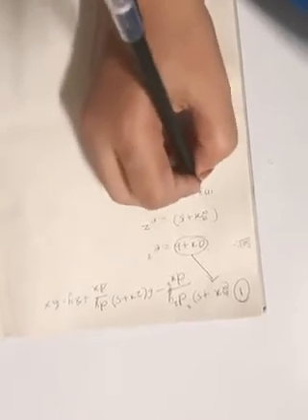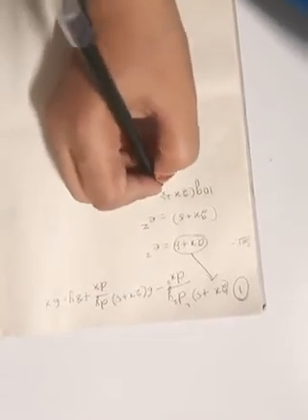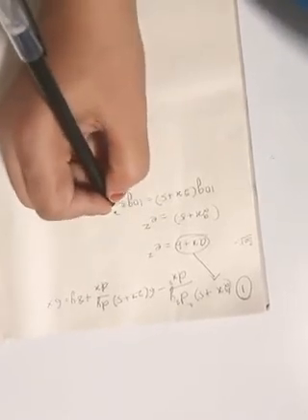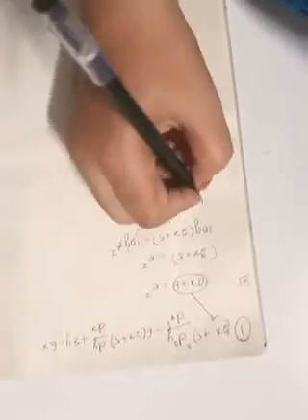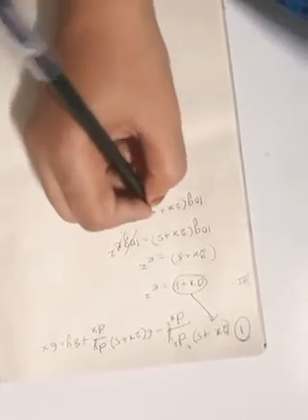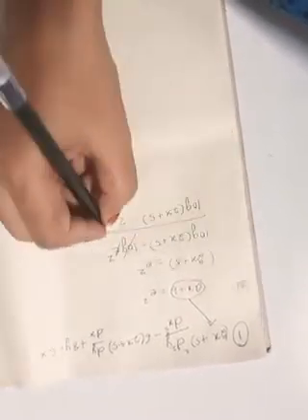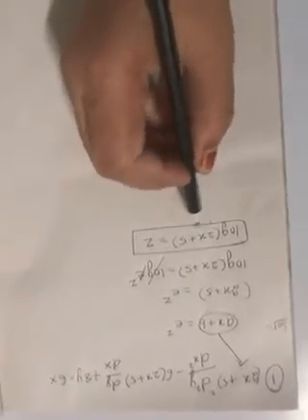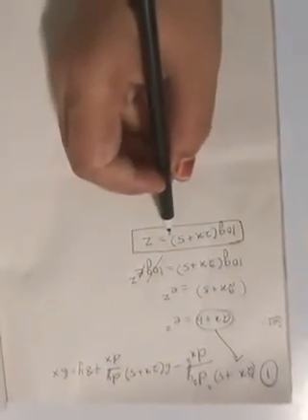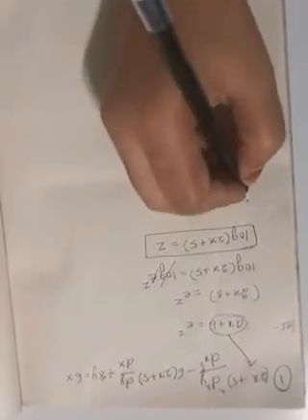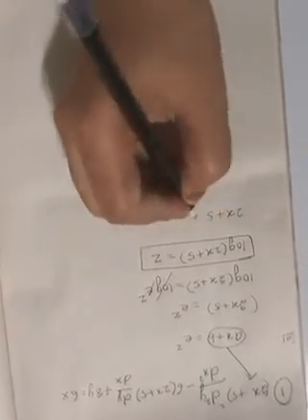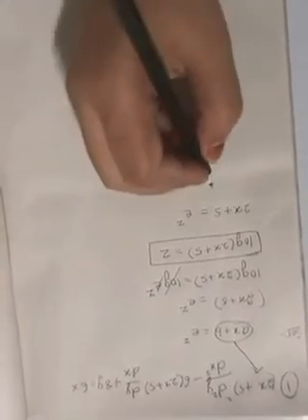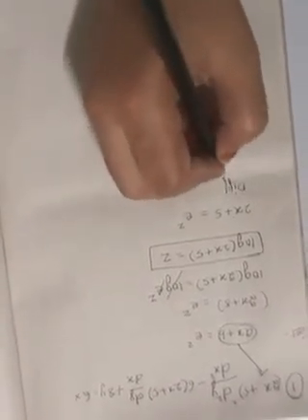Now applying log on both sides, log of (2x + 5) equals log e^z. Log and exponential will get cancelled. I'll get log of (2x + 5) is equal to z. Okay, keep this aside. So now we have completed log(2x + 5) equals z. Now you take 2x + 5 equals e^z. Now differentiating on both sides, what will we get here?